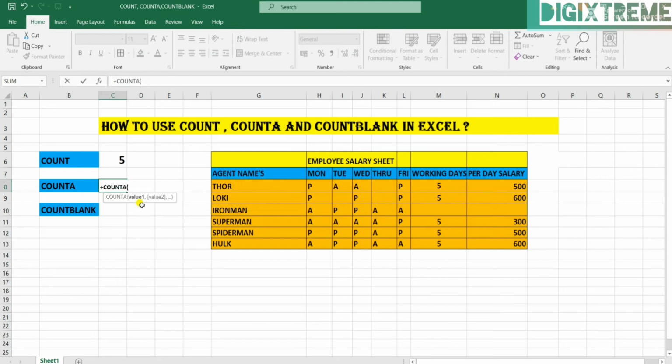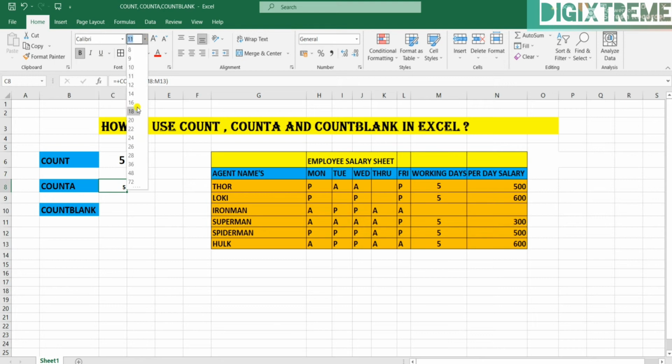Now it is asking for the value again. I need to select both to show you. First, let me try with this one, numbers. You can see it has counted the numbers, it is 5.